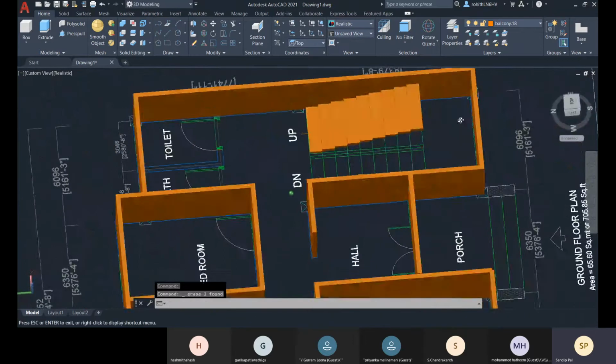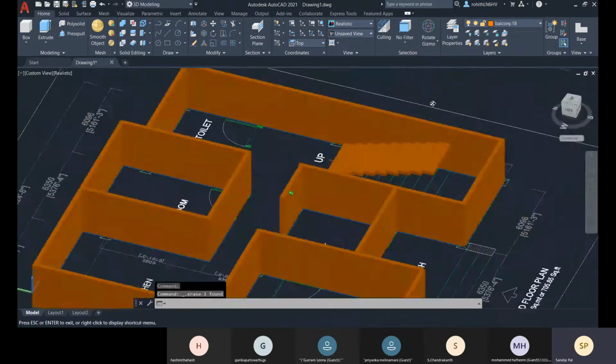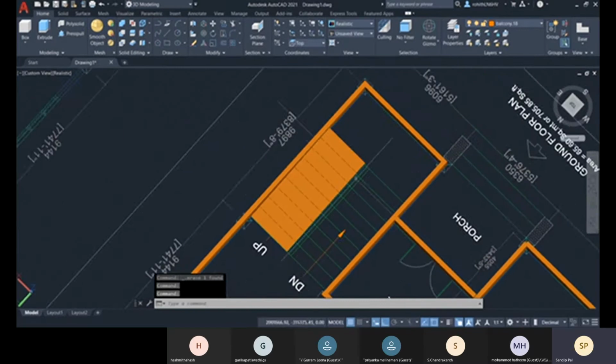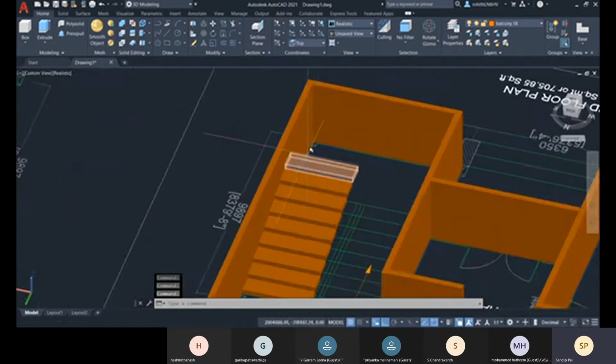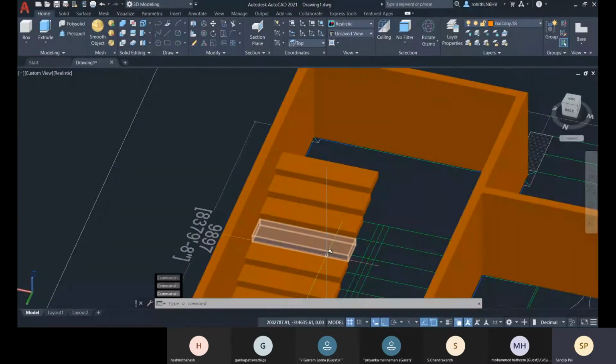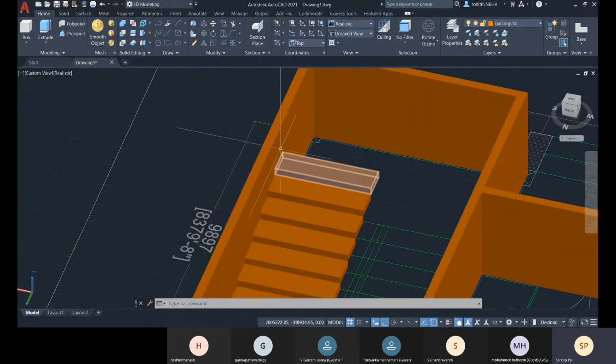Did this, and there you can create one. So for that, if I go with dynamic UCS on, I have to create at the XY plane and then I have to move it. So I'll not do that.